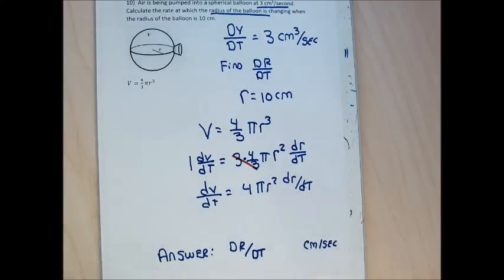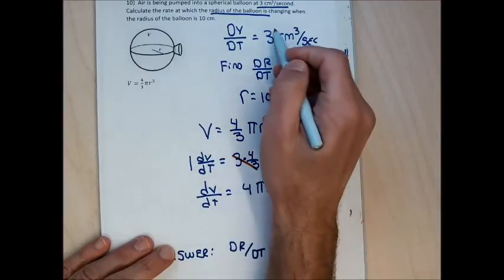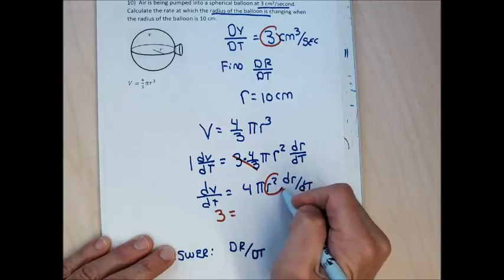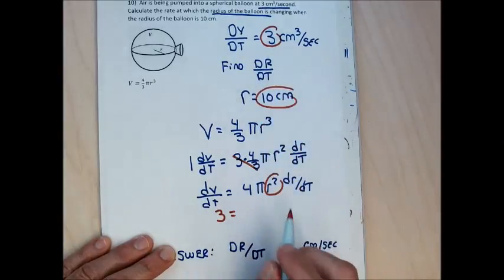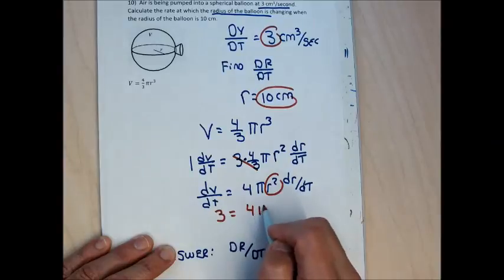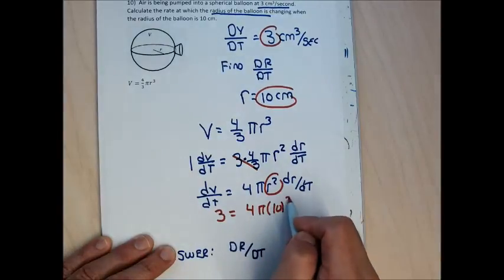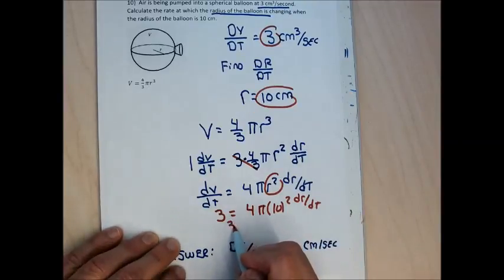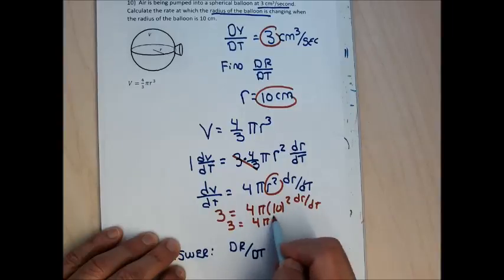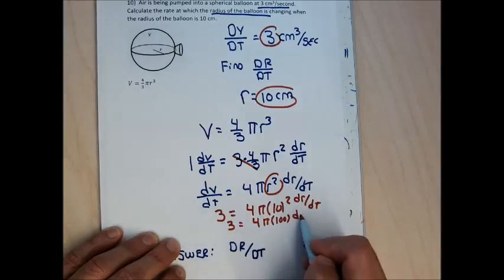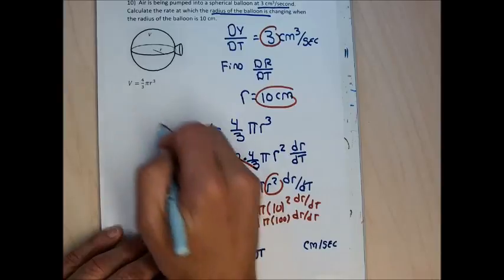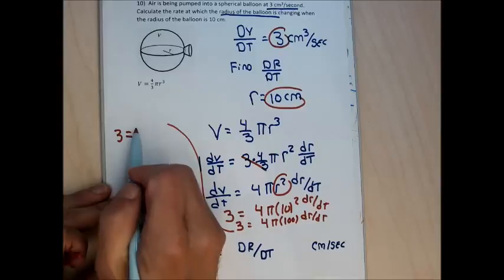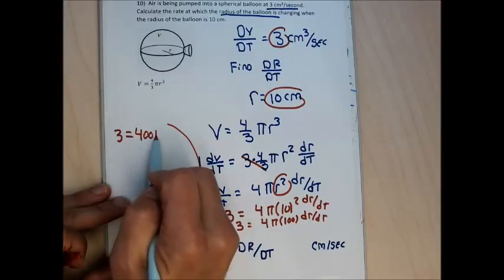For me, it's easier to plug the numbers in. So in for the left-hand side, for this dV/dt, I'm going to plug in 3. And in for the right-hand side, in for the r, I'm going to put 10. So I'm going to get 3 equals 4 pi times 10 squared dr/dt. This is going to give me 3 equals 4 pi times 100 dr/dt. Let me come up over here and do this. This is going to give me 3 equals, I'm going to multiply the 4 and 100 and get 400 pi